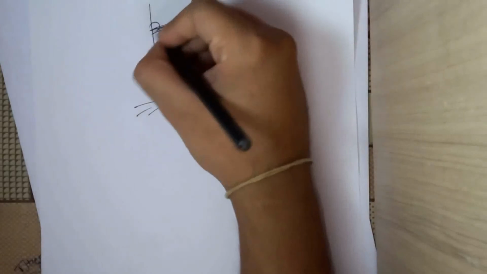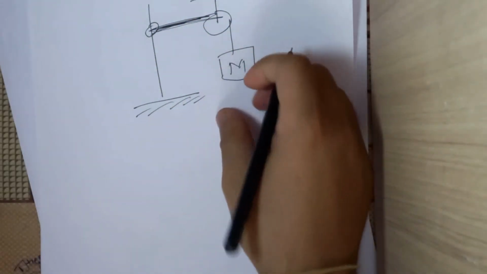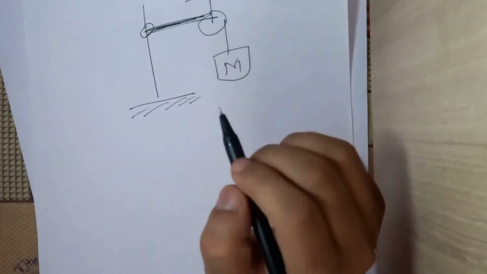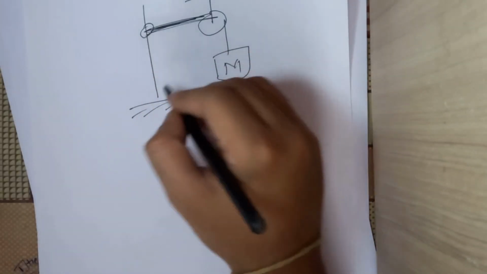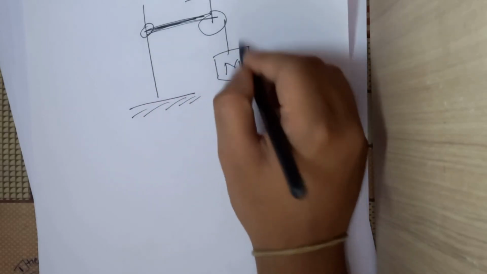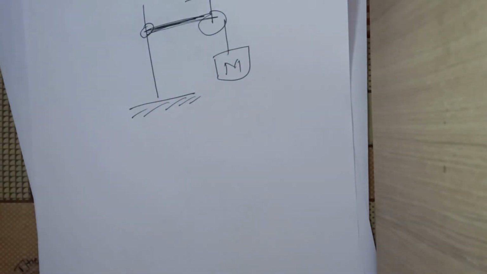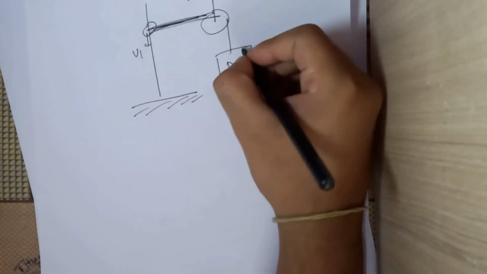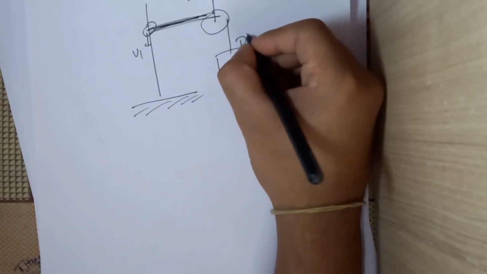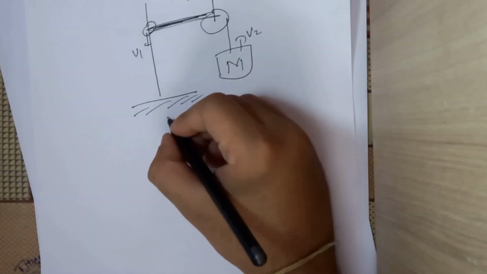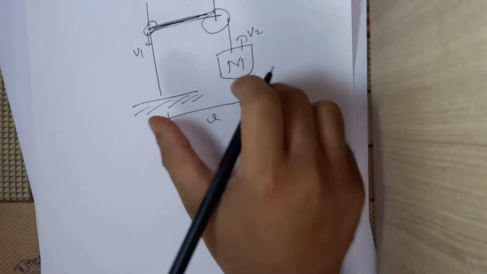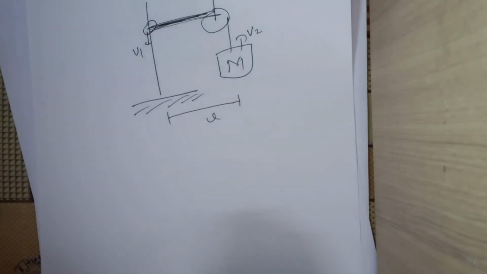So we are given that this is a bead, and this was the system. Initially all the ropes were tight. Now what we are doing is we are leaving this bead downwards. Since we are leaving this bead downwards, this part will move down, and this m will also move upwards by some velocity. Let us say that we are given that velocity of this bead at any instant is v1. What is the velocity v2 of this mass m at that instant? You are also given that the length between these two ends is fixed, which is L. So I hope you can try it now yourself.